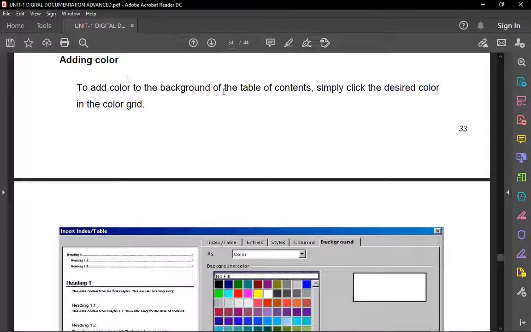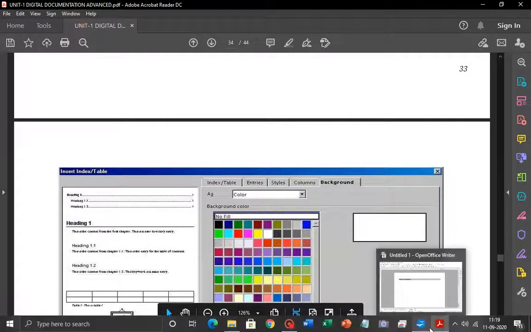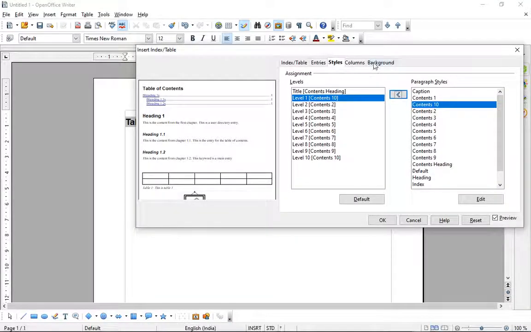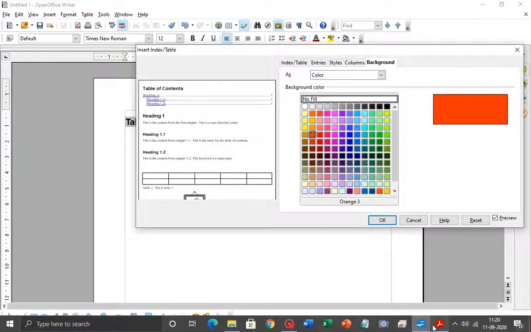To add color to the background of the table or content, simply click the desired color in the color grid. If you click on any particular color, you can choose any color, for example orange. So you can give a color to the background, and that will be displayed in the table. The next,